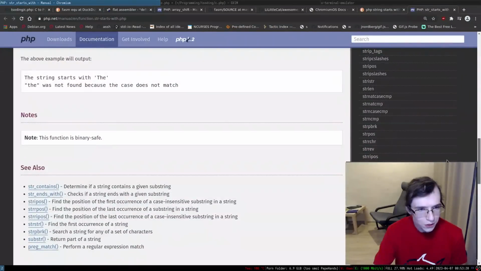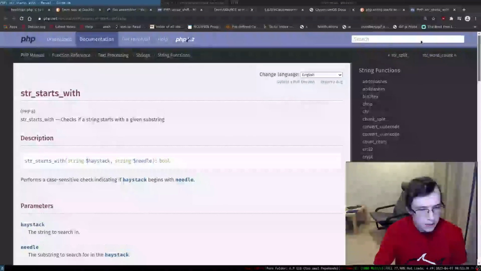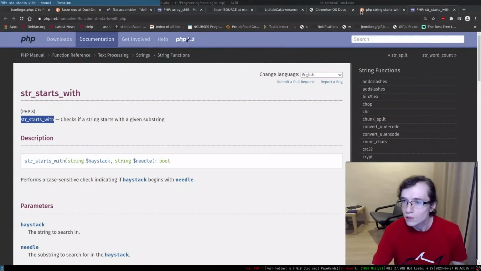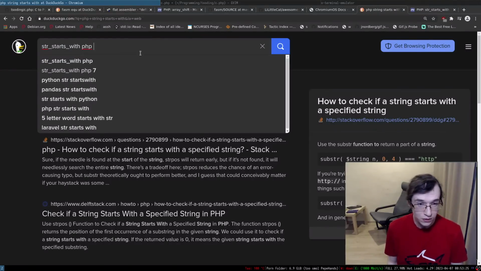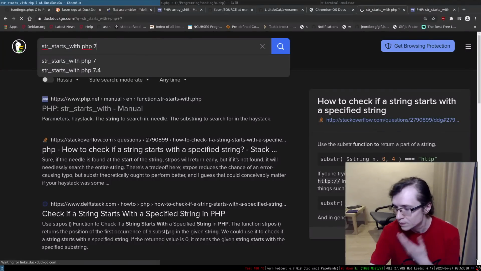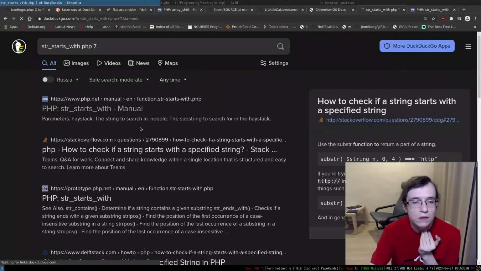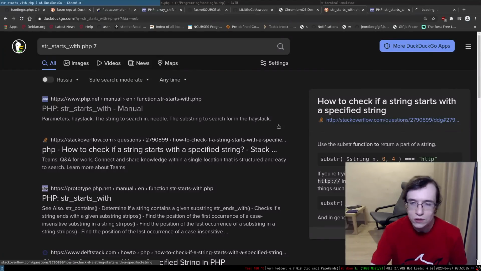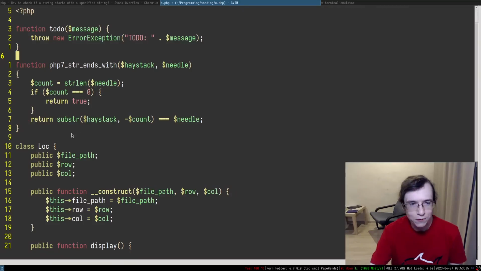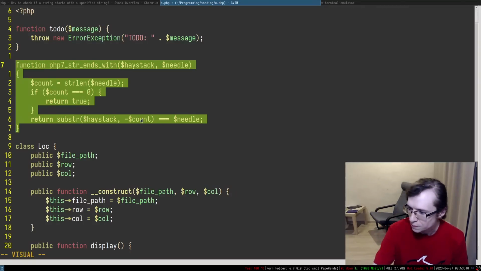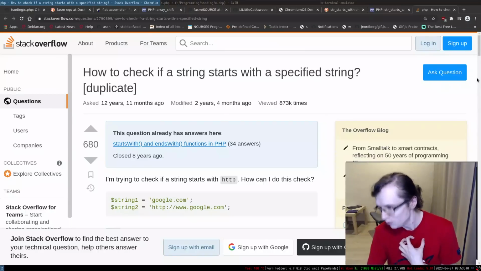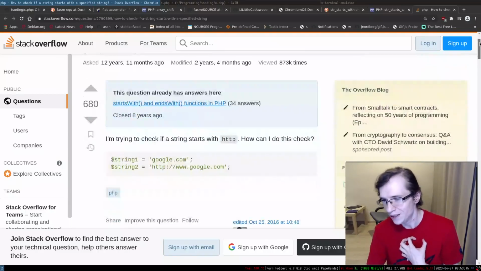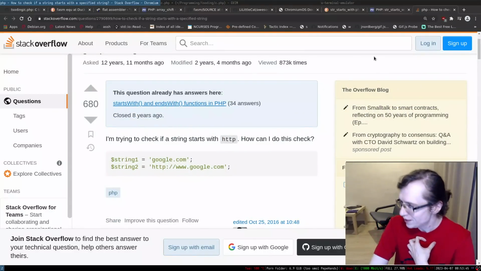But I remember we can maybe Google for the implementation. PHP starts with PHP 7. How do I check starts with a specified string? I found this implementation on Stack Overflow. I'm very old-fashioned, I'm really sorry, kids. I copy-paste my code from Stack Overflow, not ChatGPT.